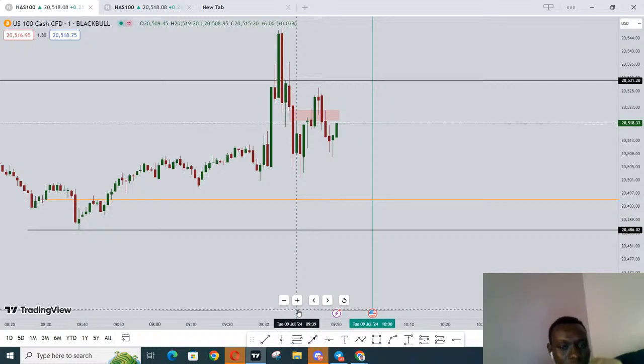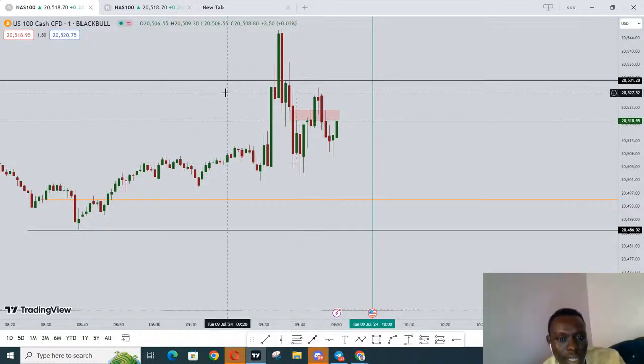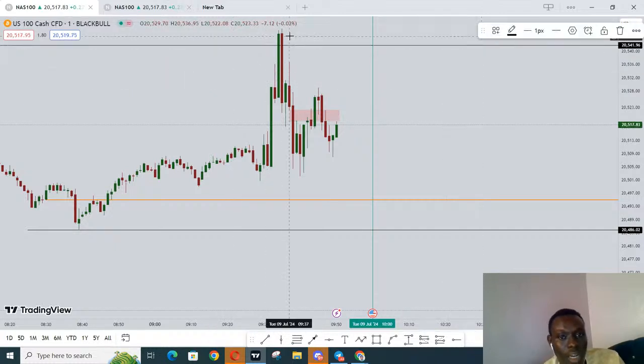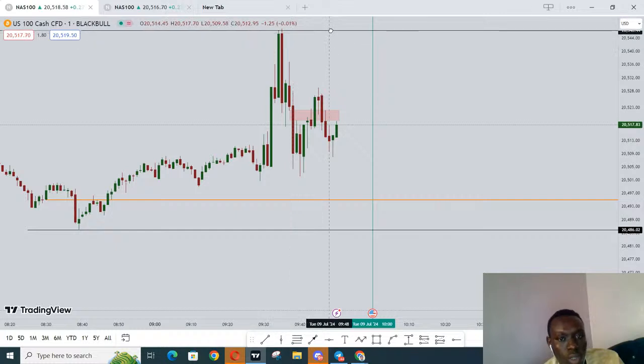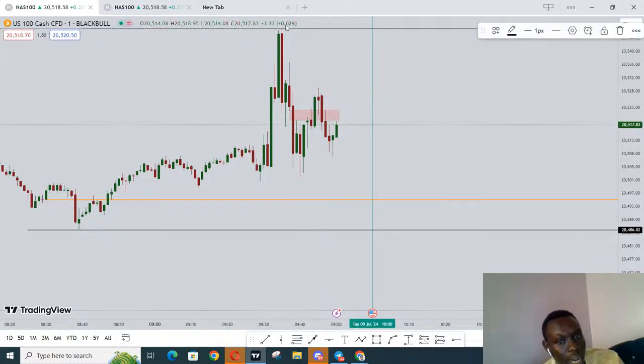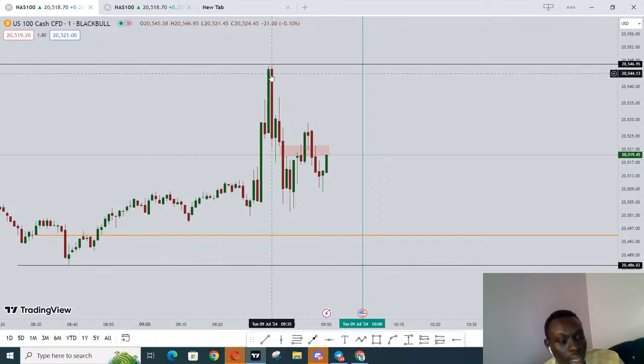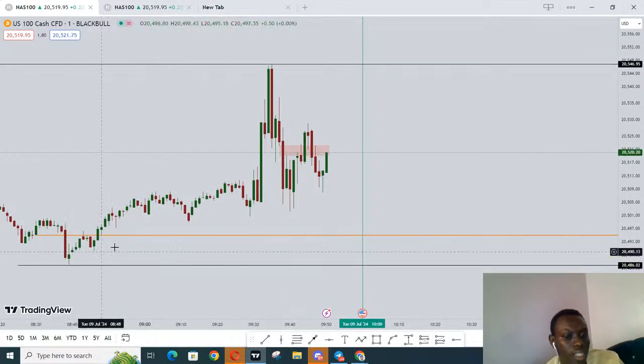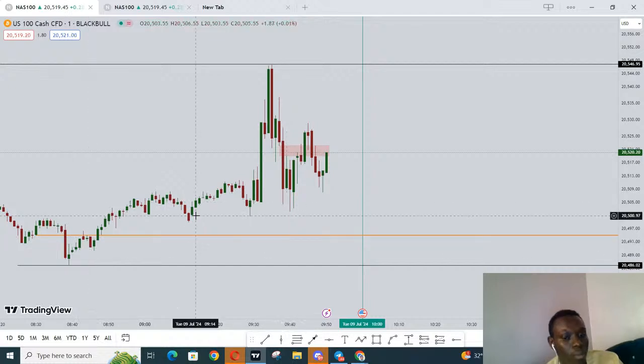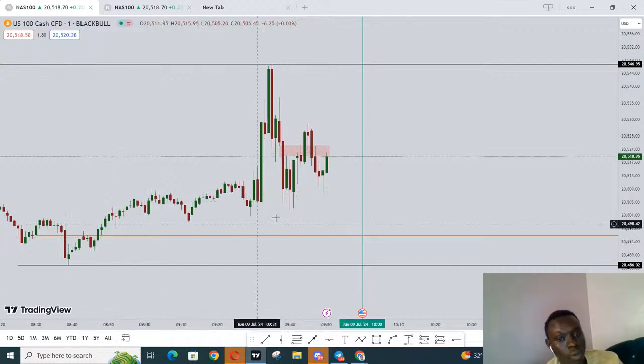So now, since this high was violated during 9:30, we look for new highs and lows. This high, the end of the manipulation after 9:30, is the high that we'll be considering. Okay, and then we have this trend line phantom. You can see a bunch of liquidities residing below.